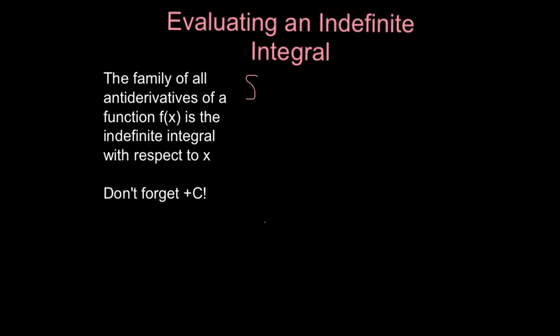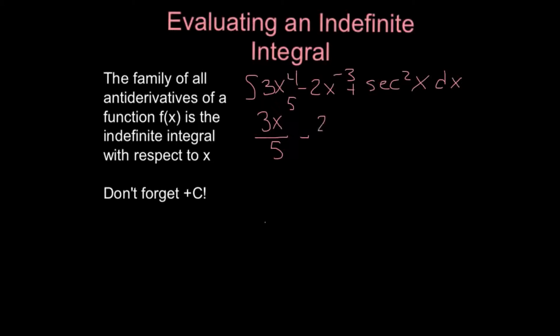So we have the integral of 3x to the fourth minus 2x to the negative third plus secant squared x dx. To evaluate this, you can break it up into the three parts you see here. To begin, we're going to use the power rule to solve 3x to the fourth. So it becomes 3x to the n plus 1, so that's going to be 3x^5 over 5, minus 2x to the negative 2 over negative 2,